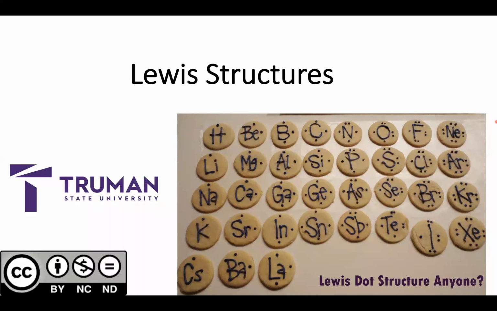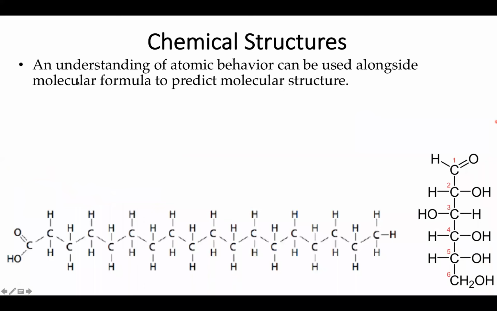So today we're going to finally start talking about molecules, and we're going to do so by building up Lewis dot structures, which can be used to make line structures to represent where the electrons are in a molecular species. One of the reasons why it's very important to build up these molecular structures is because molecular formula